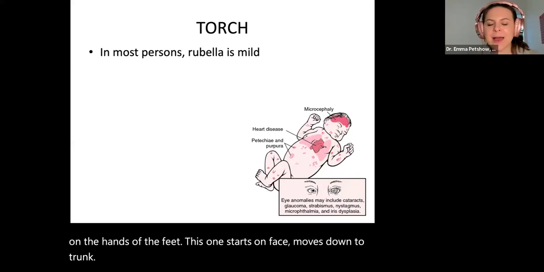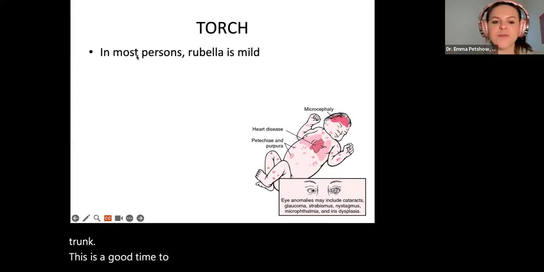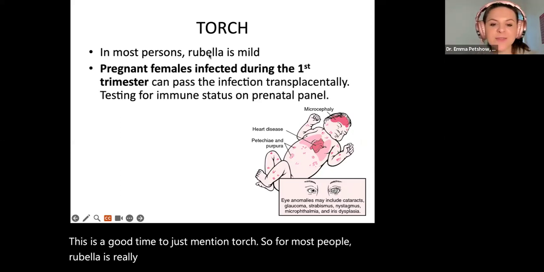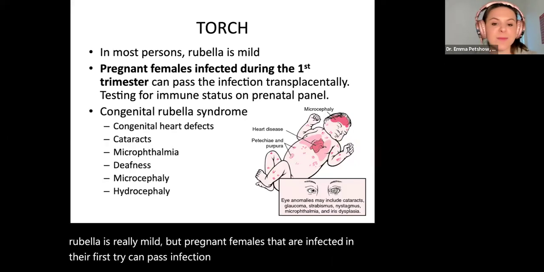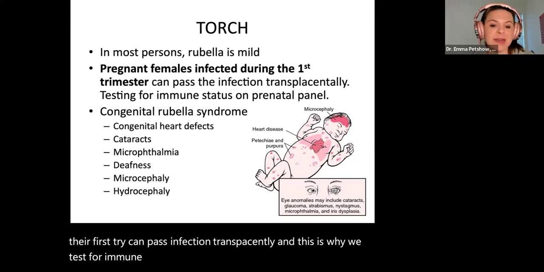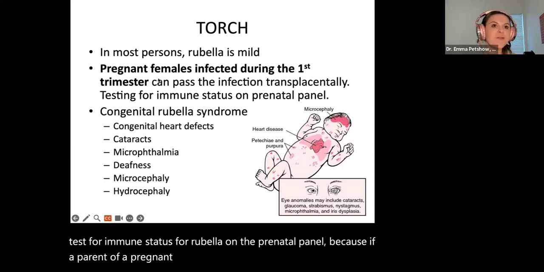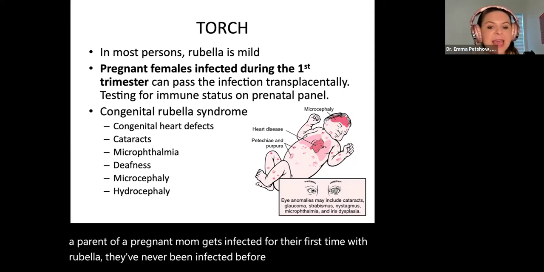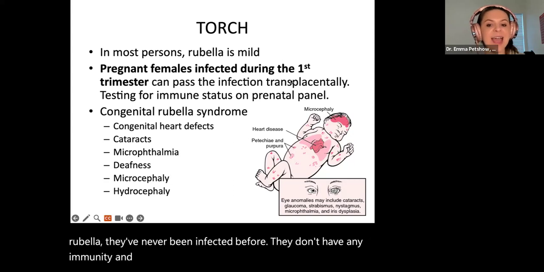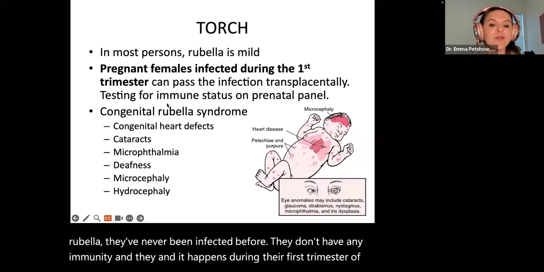This is a good time to just mention TORCH. So for most people, rubella is really mild, but pregnant females that are infected in their first try can pass the infection transplacentally. And this is why we test for immune status for rubella on a prenatal panel. Because if a pregnant mom gets infected for the first time with rubella, they've never been infected before, they don't have any immunity, and it happens during their first trimester of pregnancy, you can see what's called congenital rubella